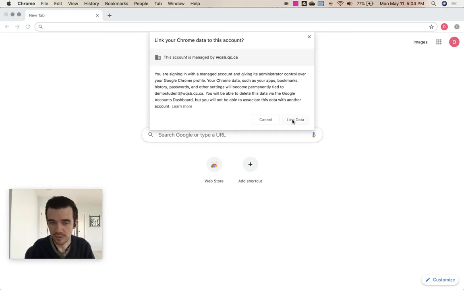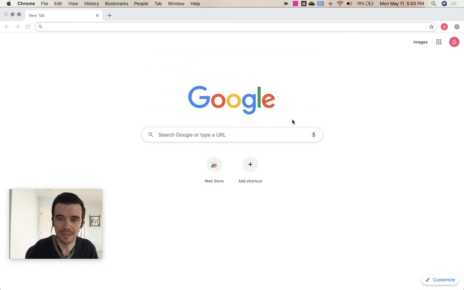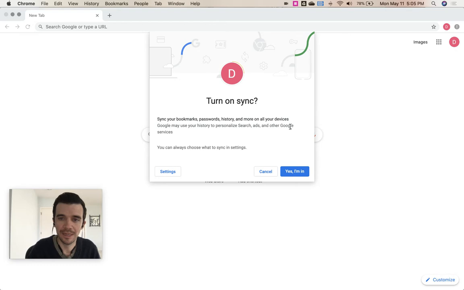for students or for teachers, wherever you're accessing your Chrome profile, whether it's on your work computer or, for a student, if it was at school and then they're at home on their own device, they can access their browsing history, their bookmarks, those kinds of things through linking the data. So we're going to click link data and then turn on sync to make this start syncing all of our browsing history, our bookmarks, and so on, so that again we can access it anywhere with this profile. So click yes, I'm in,